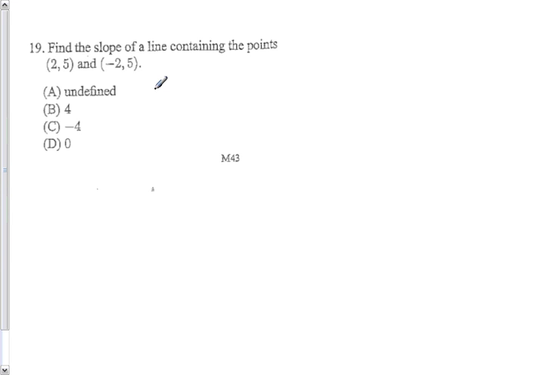All right, question number 19, our first slope question of the test. Find the slope of the line containing the points (2, 5) and (-2, 5). So we have a pair of ordered pairs here, coordinates on the coordinate plane, and we need to know their slope. If you recall from algebra,